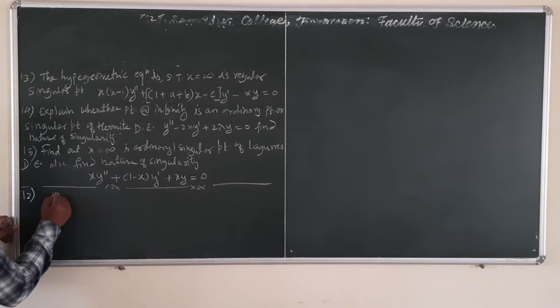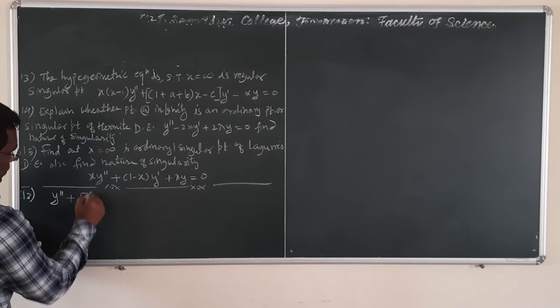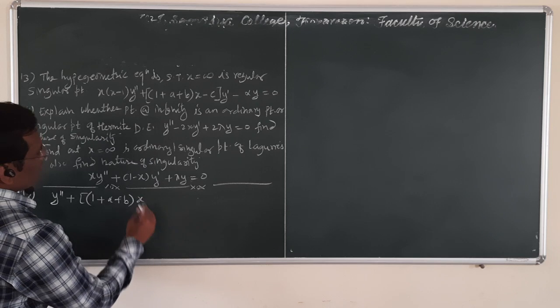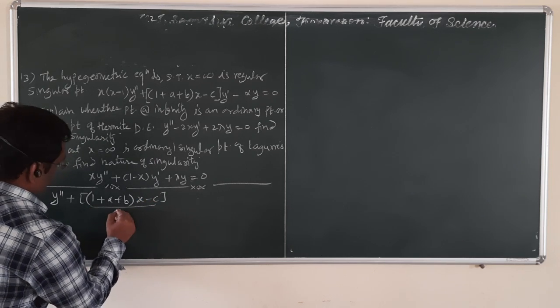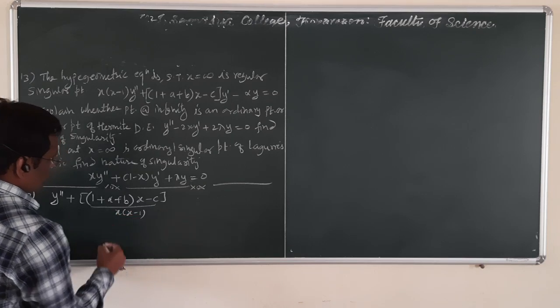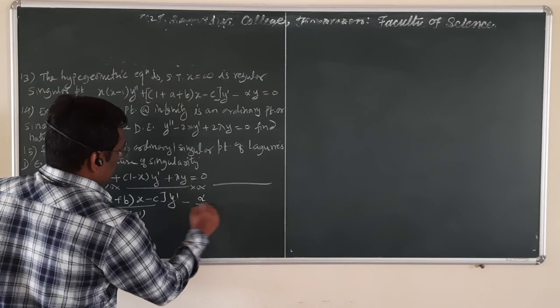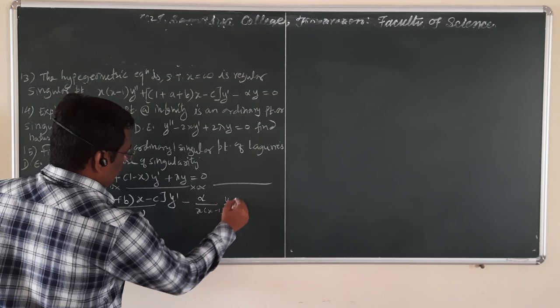The equation becomes y double dash plus (1 plus a plus b into x minus c) divided by x into x minus 1, multiplied by y dash, minus alpha divided by x into x minus 1 y